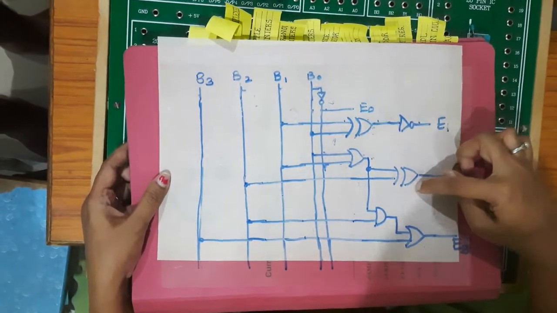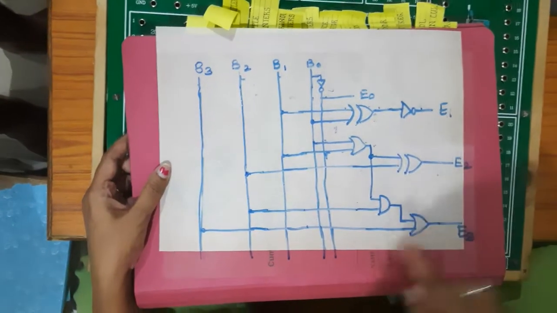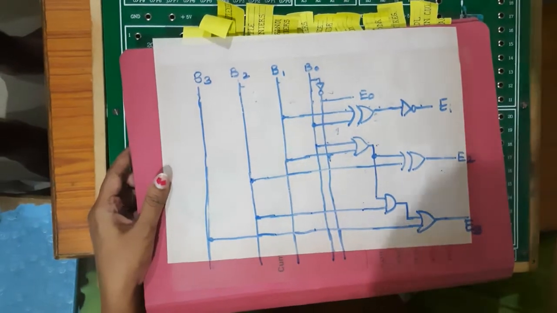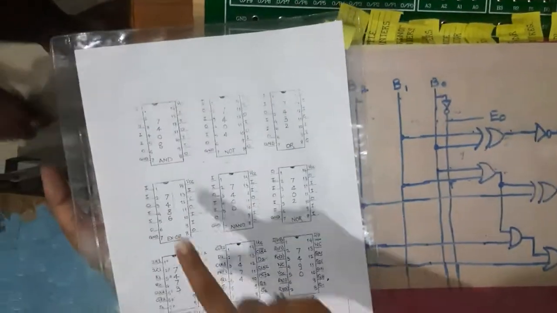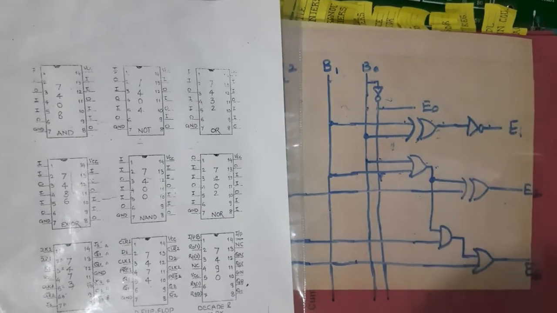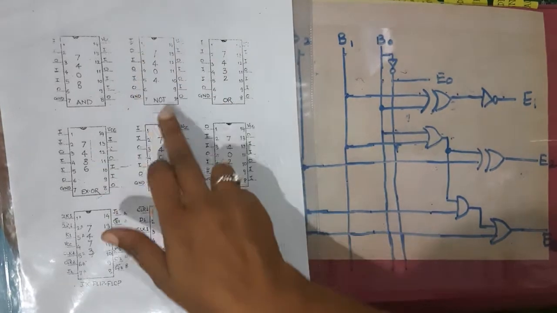I'll need 2 XOR gates, 2 OR gates and 1 AND gate, right? So I have to refer to this chart now, because I have to mount these ICs containing NOT gate, XOR gate, OR gate and AND gate, right? And we know that on each IC I will have 4 AND gates, OR gates, XOR gates, but only for NOT gate I will have